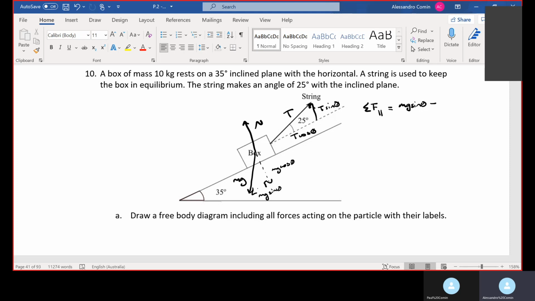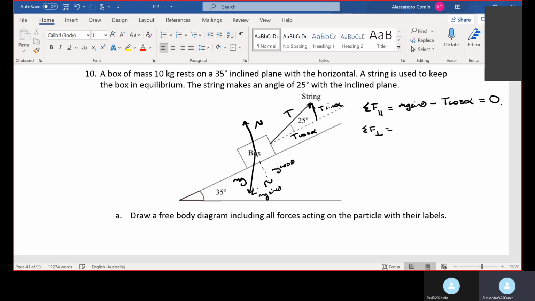This T is offset by an angle, but it's still technically a force because it's a vector. So we can resolve that tension vector into T cos alpha, I won't use theta, it's a different angle, and T sine alpha. So we can clearly see here that the parallel is equal to mg sine theta minus T cos alpha, and this is actually equal to 0 because I'm not moving. So to find T from this, and just very quickly, I will do